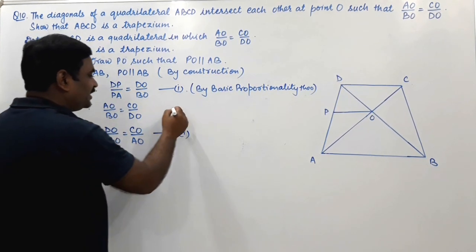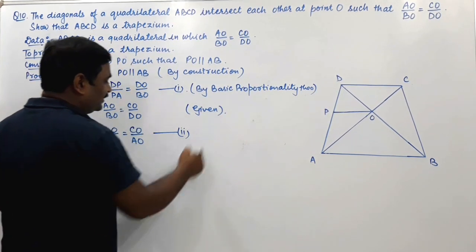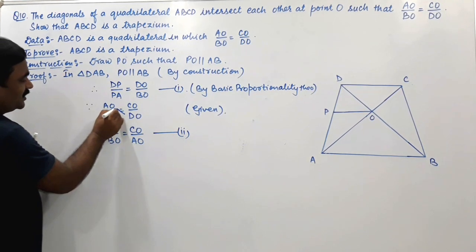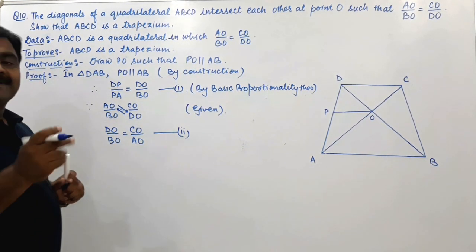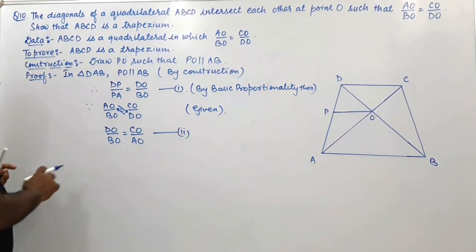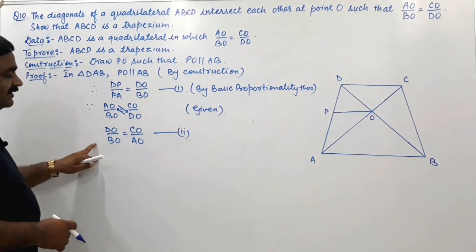Why have you written this? It was given. ठीक है, इसको हमने तो इंटरचेंज किया, क्या? इस DO को इस प्लेस पे रख दिया और इस AO को इस प्लेस पे रख दिया, और ये कैसे आता है? क्रॉस मल्टीप्लाई मेथड से, ठीक है। चलो नाउ एज दे आर इक्वल, ये इक्वल आ गए, ठीक है।